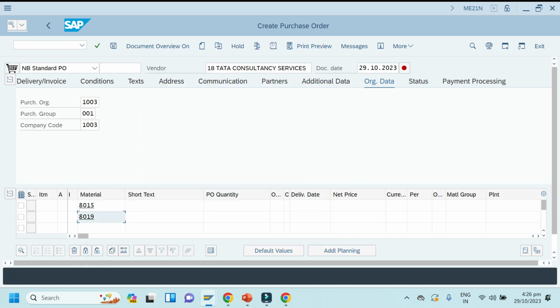Okay, so I'll keep it 10 quantity for both. Price I'll keep it for both 120. Plant 1003, click enter. So it's asking currency, so it will be INR.